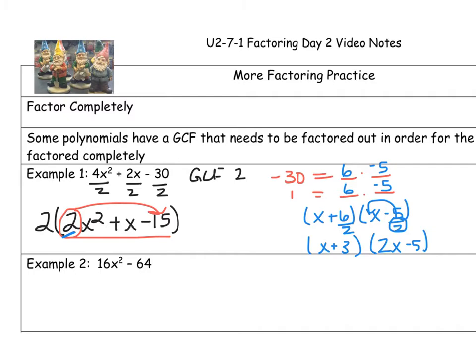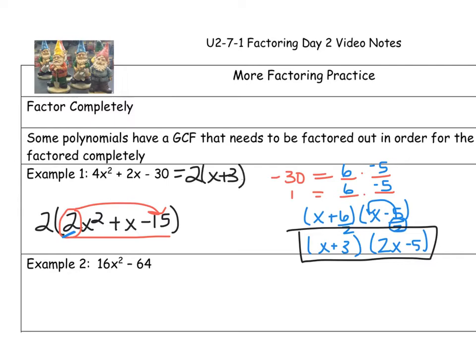So to factor this completely, our final answer, we have to include that GCF that we factored out. I'm just going to erase this up here so I have room. So we're going to include the GCF that we factored out. We factored out the 2, and then when we factored completely down here, we had x plus 3, and then 2x minus 5. So factor completely 4x squared plus 2x minus 30 equals 2 times the quantity x plus 3 times the quantity